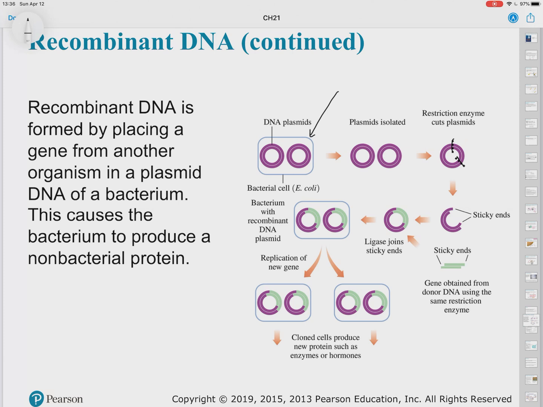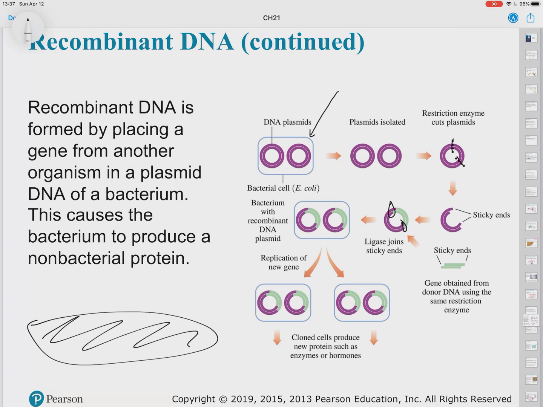We mix this stuff together, we put ligase in there to join everything, seal the ends, and then we have these plasmids that have the gene of interest in them. And often when scientists are studying whether or not we can actually get the gene into the organism, they put extra genes in there. So for example, you could take a petri dish and put antibiotics in it, and then